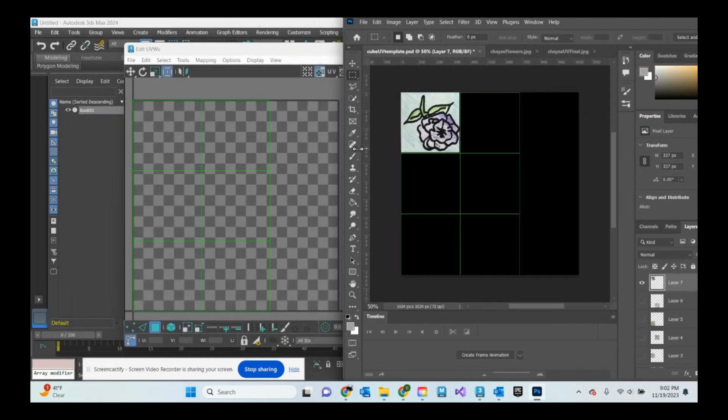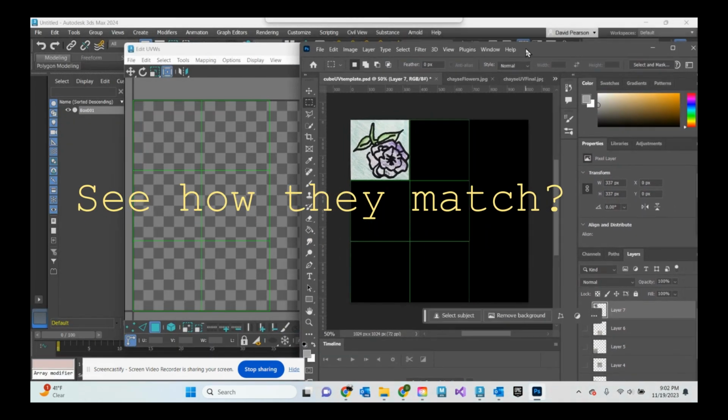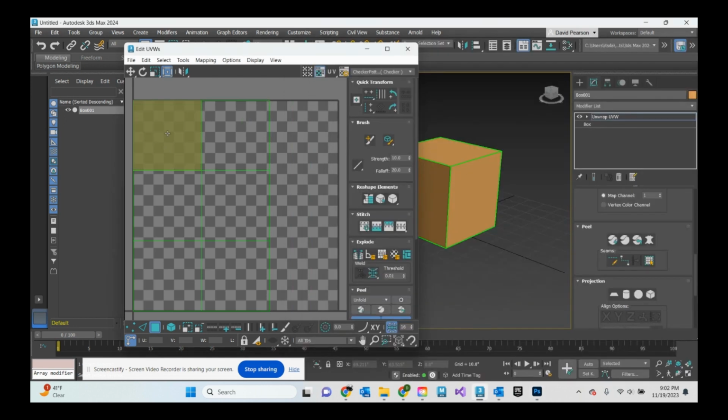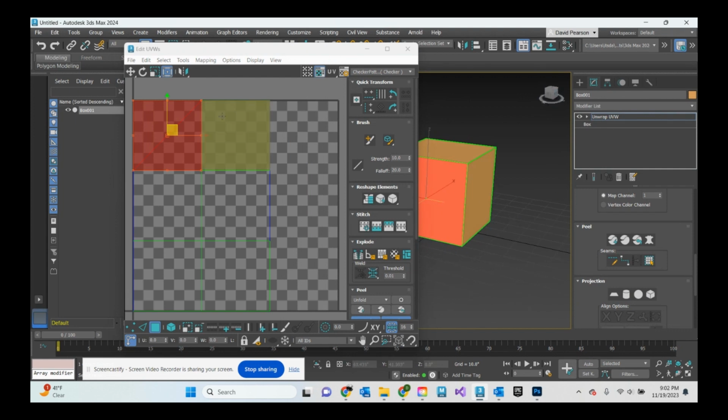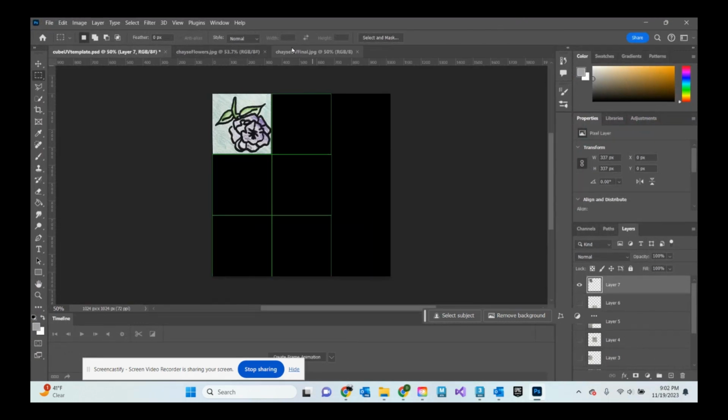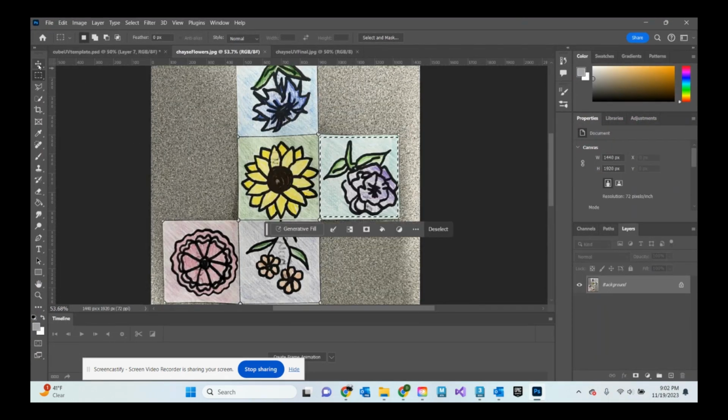So we'll go ahead and get those a little smaller so you can use them side by side. This picture here is going to be there. So when I load this template, it will coincide with that face, which means that this face of my box will have that picture. So back in Photoshop, you would go through this activity here,